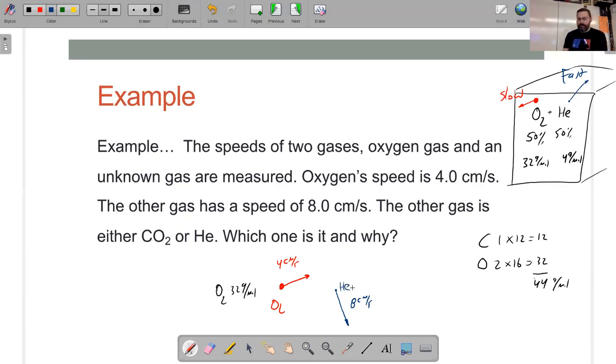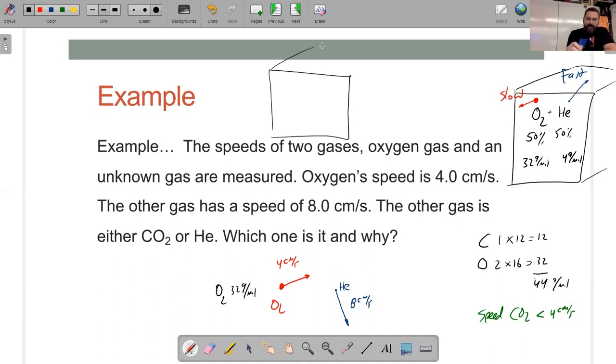So you could say this, the speed for the CO2 is going to have to be less than the 4 centimeters per second because it has a higher mass than the oxygen does. And in order for the carbon dioxide to have the same kinetic energy as oxygen, it can have a lower speed. And then it turns out that in comparing oxygen, helium, and carbon dioxide,